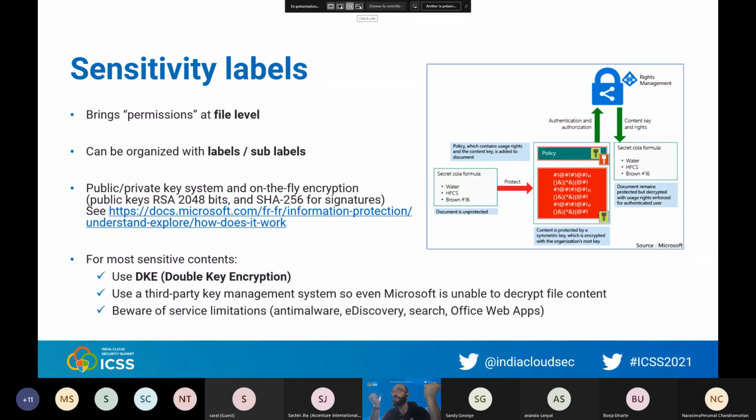Okay, so it means that Microsoft is able to decrypt your document. In fact, they are decrypting the document when they are using the search engine, when they are using antivirus, and so on and so on.